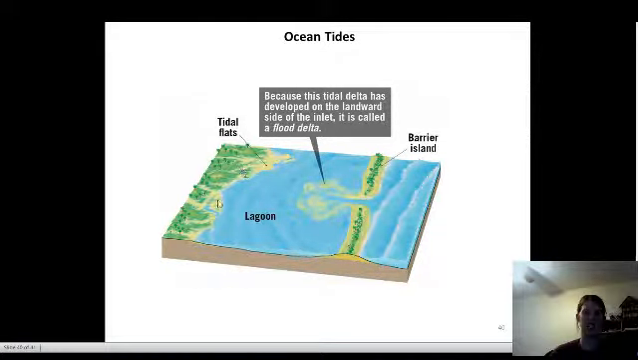So here we have our tidal flats. So these are areas that are impacted with the rise and fall of the tides. And we have our lagoon here behind our barrier island. And we have what's called a tidal delta that develops, and it's because it's developed as the tide moves into land, or on the landward side, it's called a flood delta. So it is caused by the flooding of your coastline at